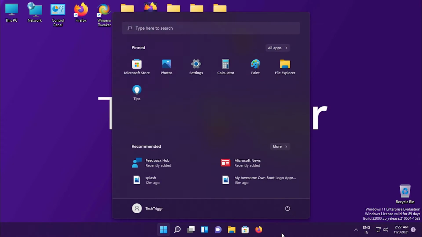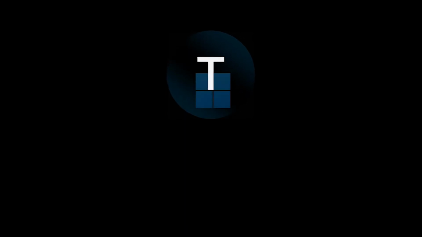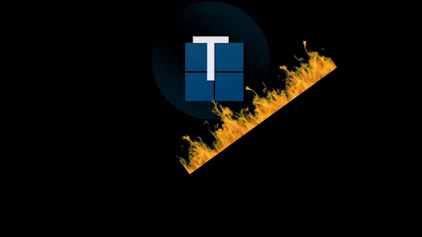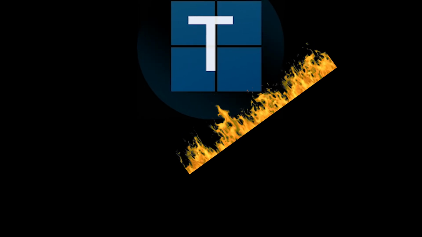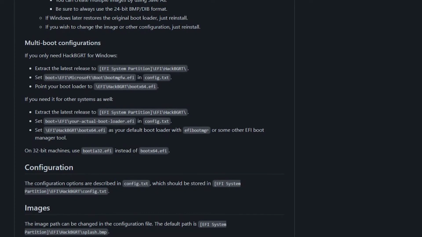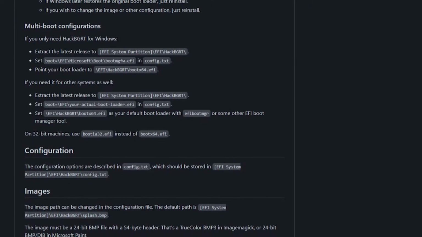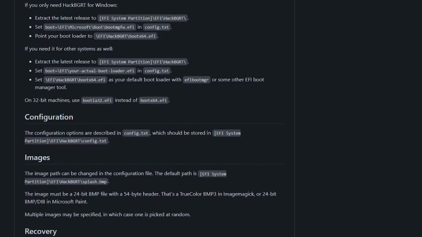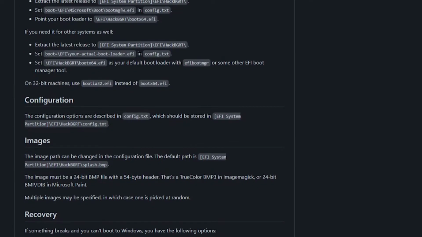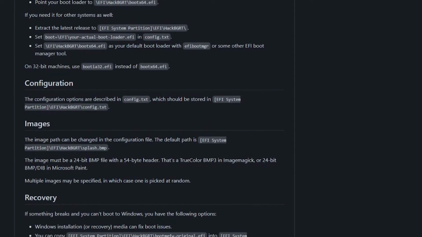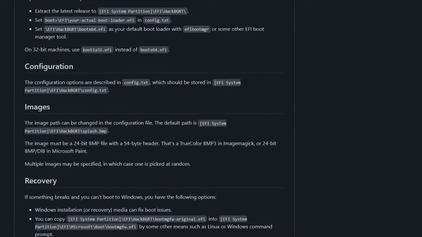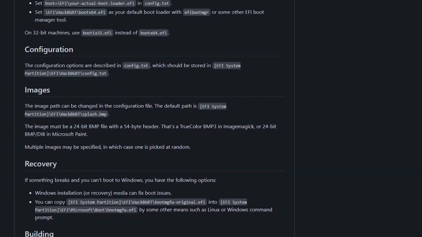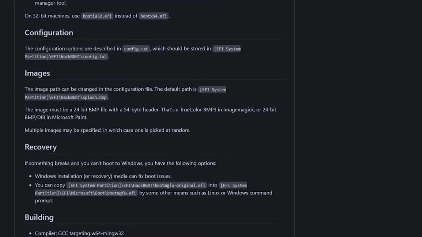And now reboot your computer to see your customized boot logo in place of your ugly, disgusting Windows or OEM logo. All thanks to HackBGRT and the developer who designed it for making this risky and really tough process tremendously easy and less risky, kind of. And it's just as easy to remove your custom boot logo and go back to the standard Windows logo, just in case you change your mind.